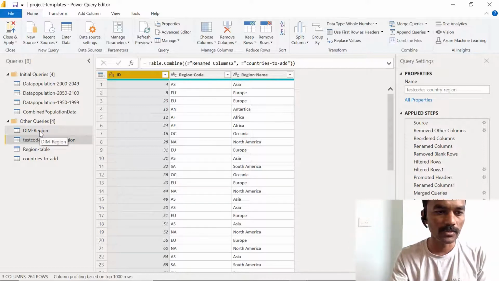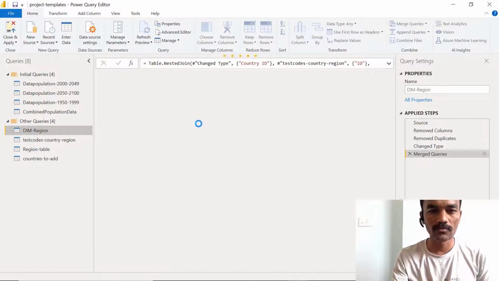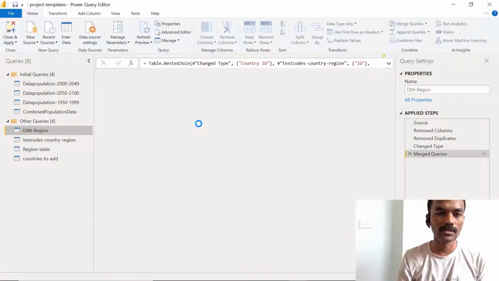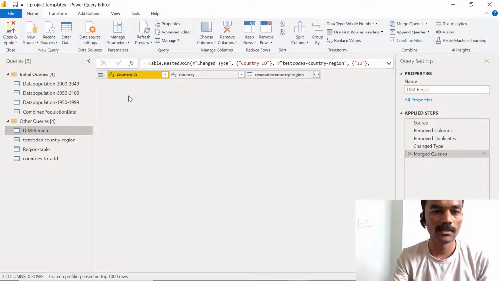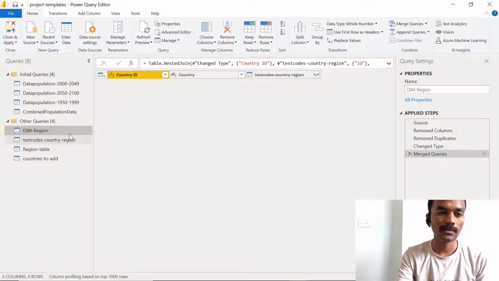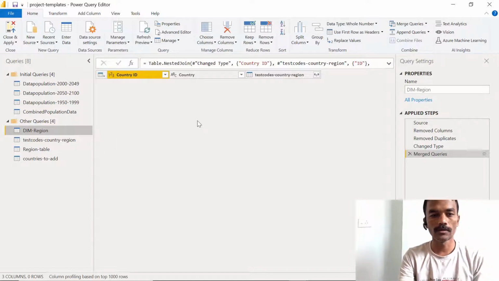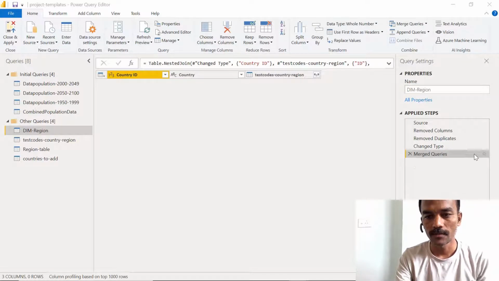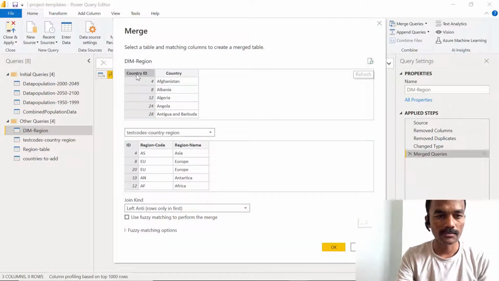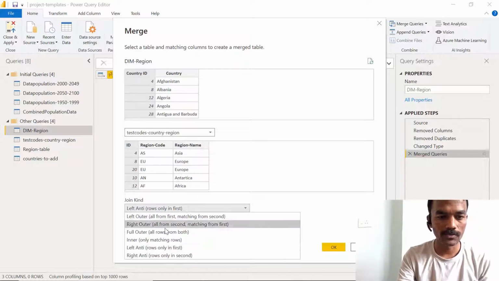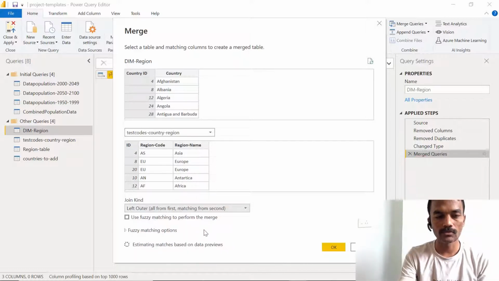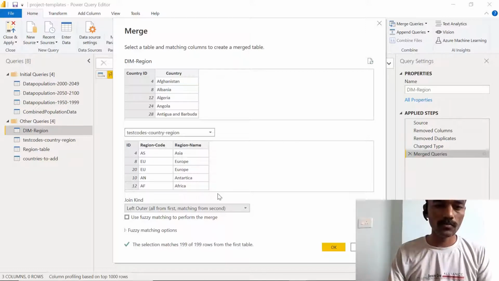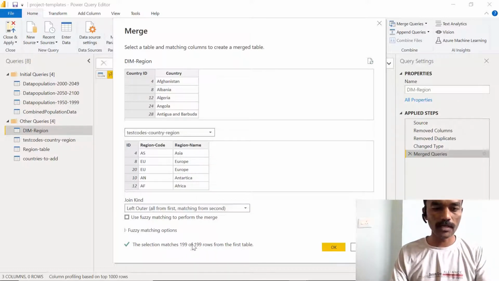Now let's go back to the dim region table, and while it refreshes, we should be able to see that all the rows are matching correctly. Yeah, now you can see the 6 rows which were not matching are not happening in our dim region table. So this is what we want actually. Let's go back to this merge query, and we can see this now again, and instead of left outer join, we will try to do this, and this will again take some time. This is just time consuming to estimate the matches and to display it. Let's wait for it. All right, our merge was successful, and you can see all the 199 rows are matching now.